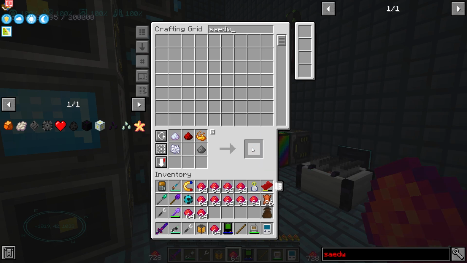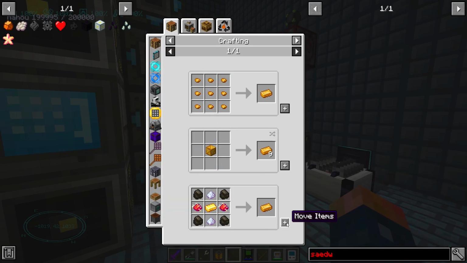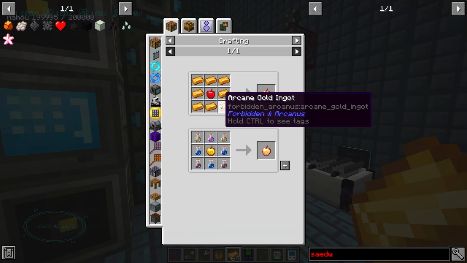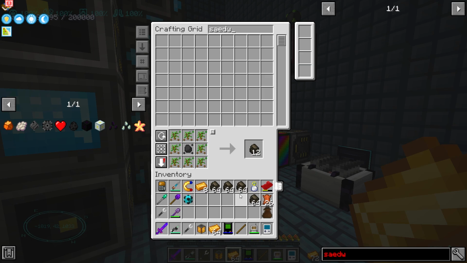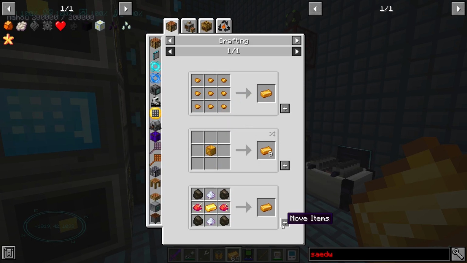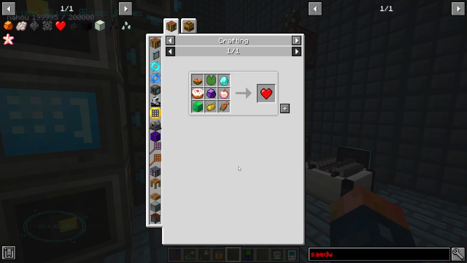Which, I mean, this is actually a lot. I'm just going to keep at this until I have all the arcane that I can possibly make. See, charcoal. We have tons of charcoal. Just make tons of it. I've had this running for a while, so I'm definitely not going to run out of charcoal anytime soon. But yeah, arcane gold. How much are we going to make? 7. What did I just...